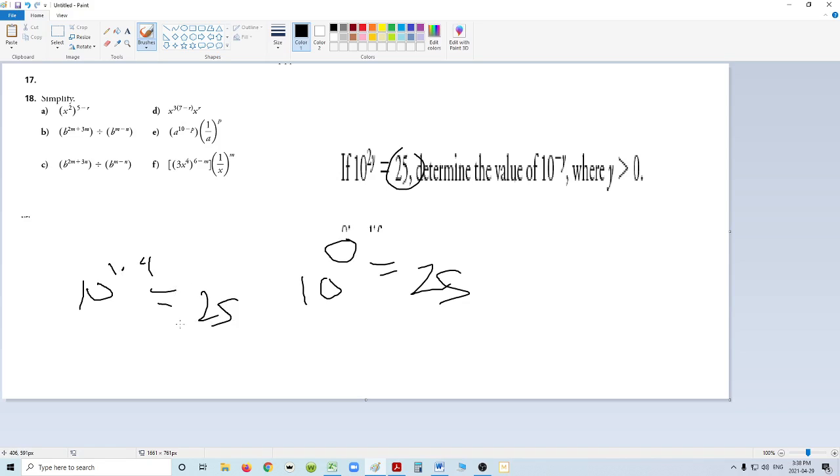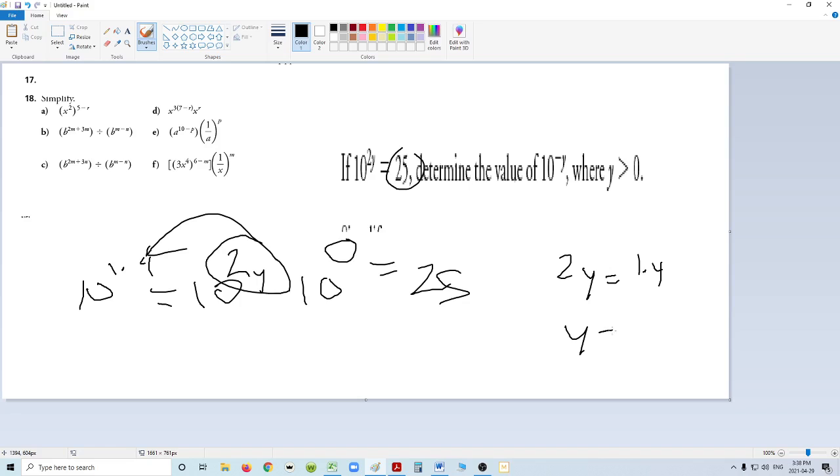So if 10 to the 2y is equal to 25, that means 2y is equal to 1.4, which means y is equal to 0.7, which means 10 to the negative